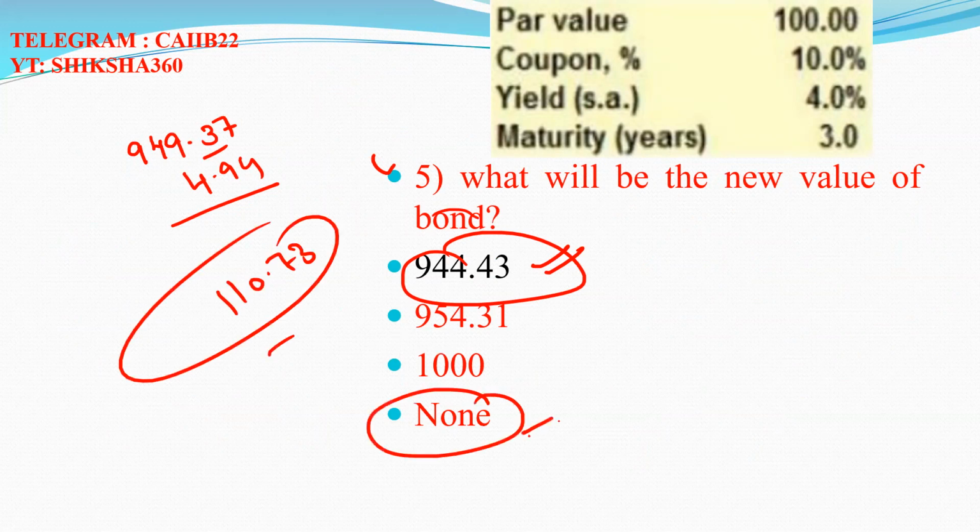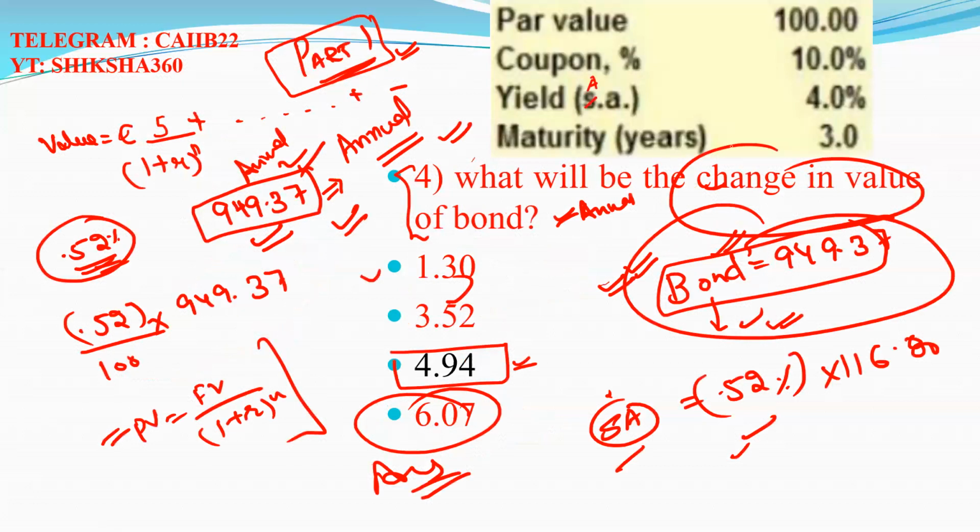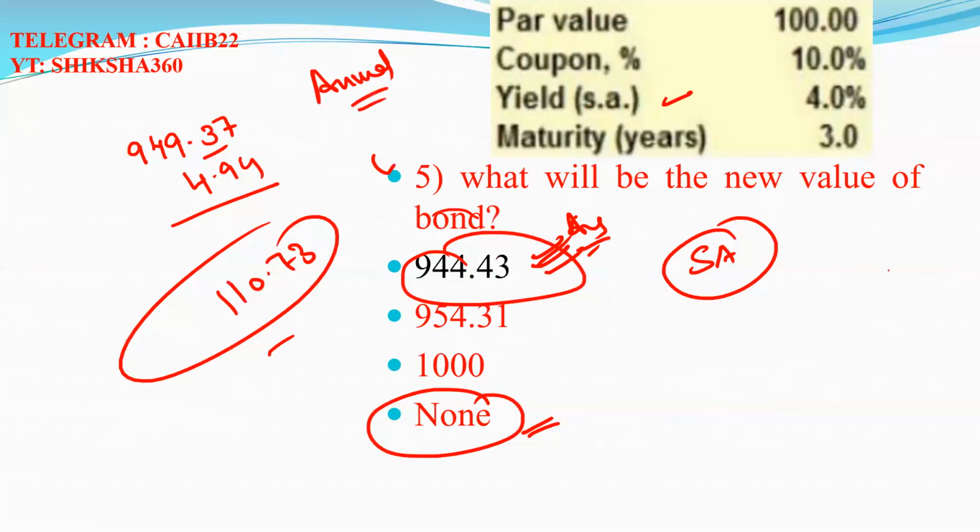Otherwise we have to take none if they calculate with the semi-annual, and if they calculate with the annual time, yield annual, then this is the answer. So here there will be an error: this is to be calculated with respect to the annual, not semi-annual. Hope this is clear to all of you. The bond value we have to calculate annually,